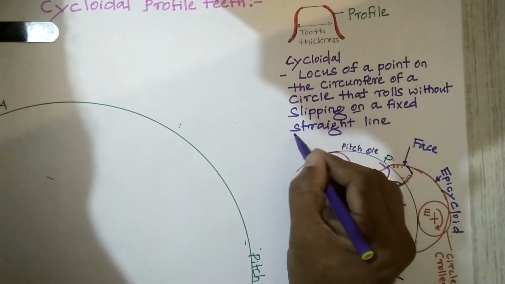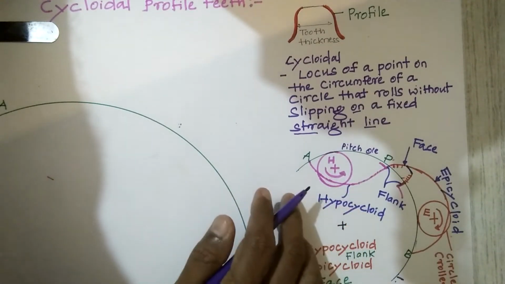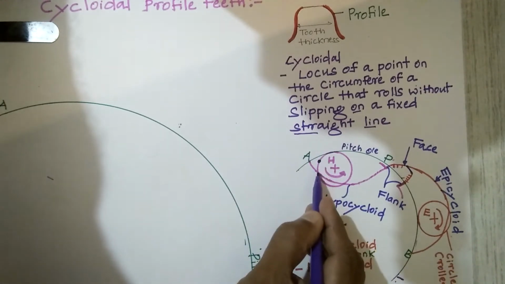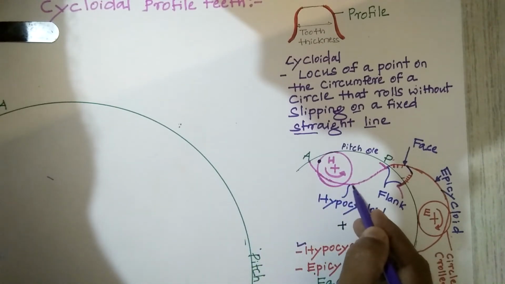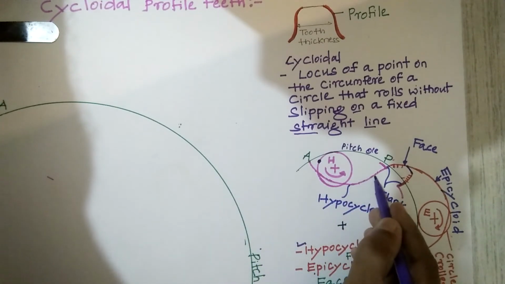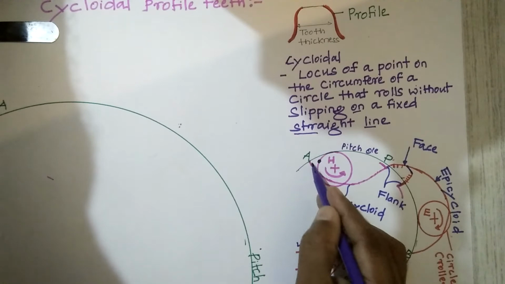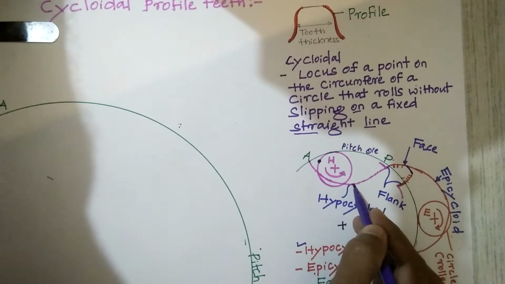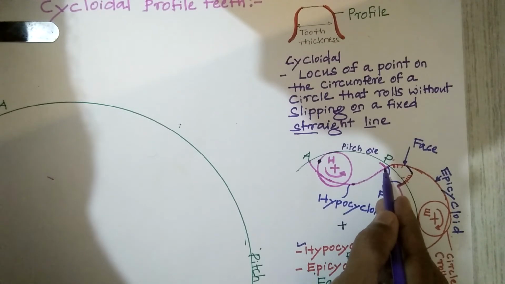This is a general statement on the meaning of the cycloidal. Okay, one more thing. Look at this one. If you consider this as one of the loci of the point here, when it rolls, the locus of the point will generate one curve. Can you find it? This curve is below the pitch circle only. The point traced by this point is traced by this curve. You will find this type of curve. That is nothing but a hypocycloidal.